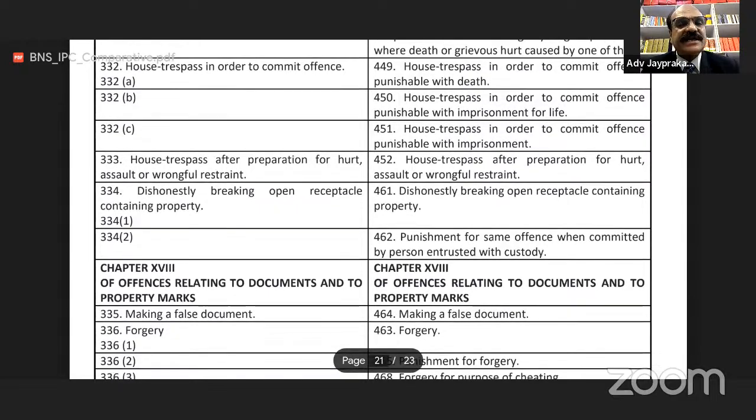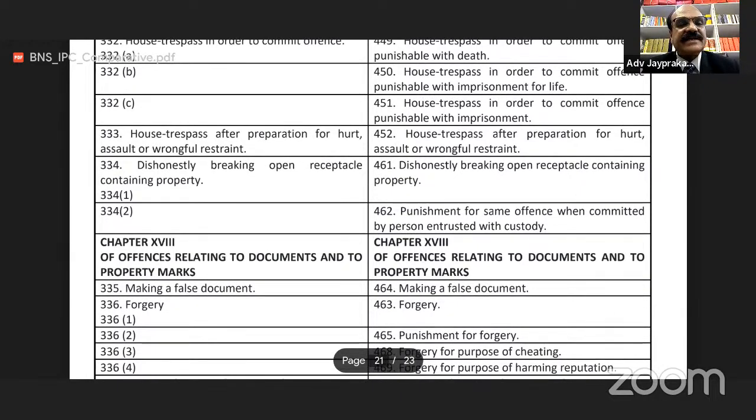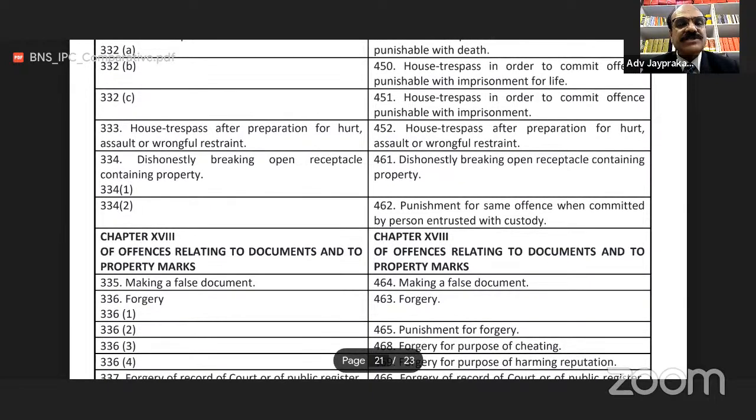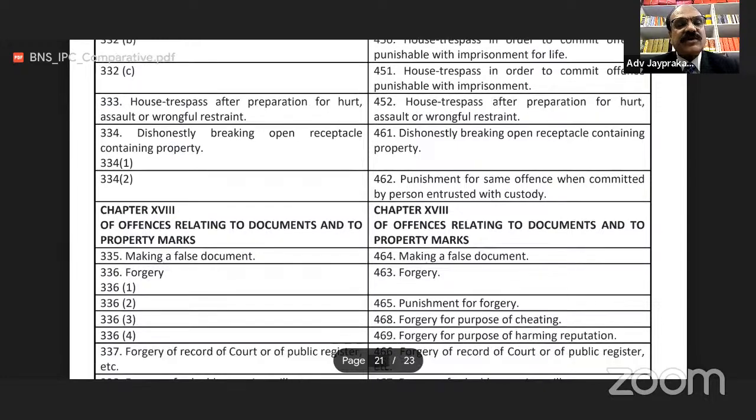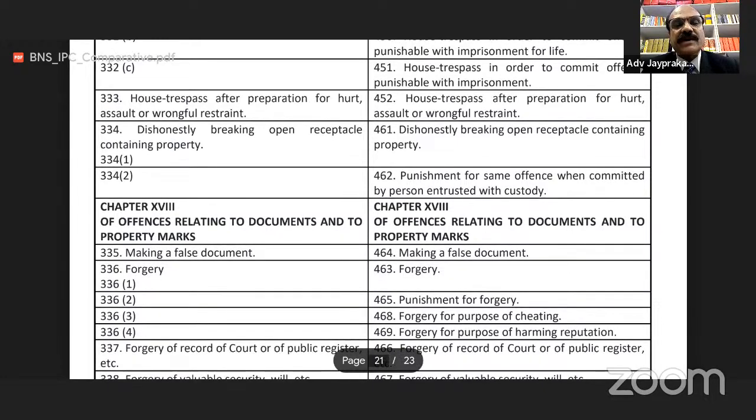BNS section 332C, house trespass in order to commit offense punishable with imprisonment. BNS section 333, house trespass after preparation for hurt, assault or wrongful restraint. Its IPC section was 452. BNS section 334, dishonestly breaking open